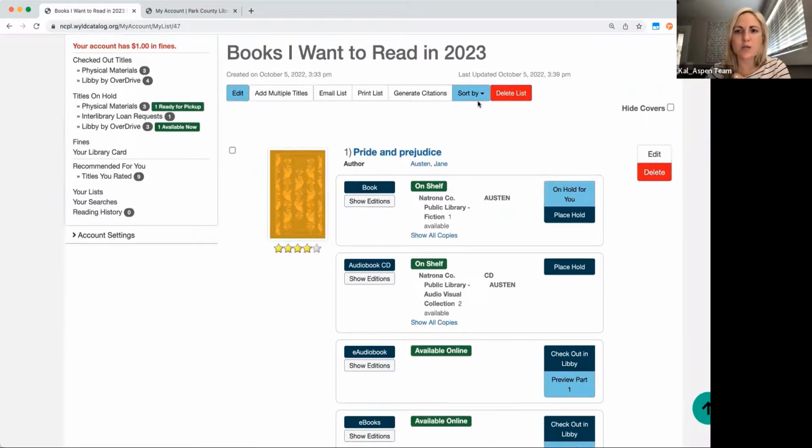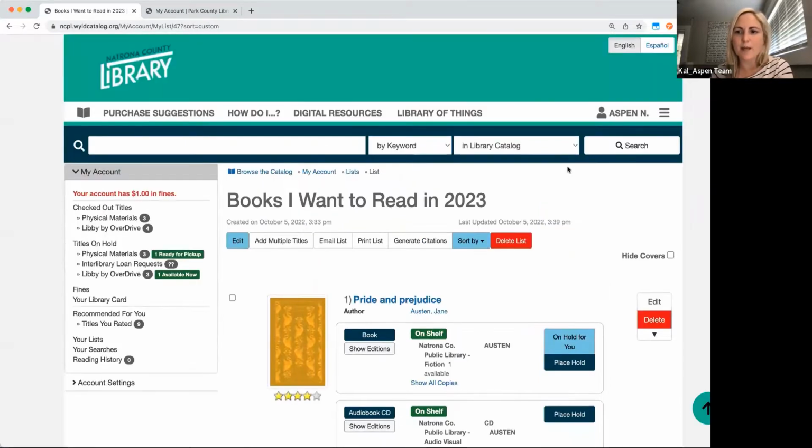And you can sort your list. We see those different sorting options in almost all areas of Aspen. So I can sort by title or by which thing I recently added to my list. There's also this user defined option, which is just another little step where